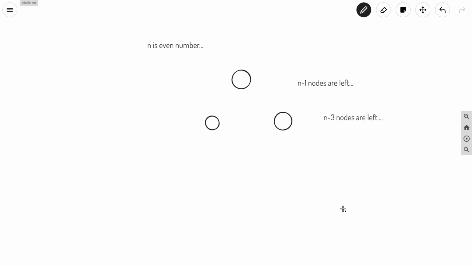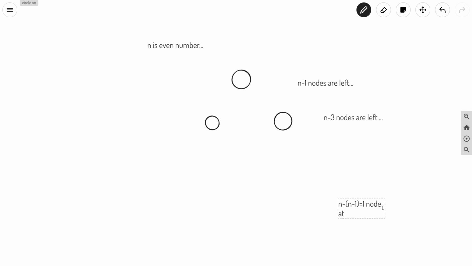The nodes left will be an odd number. For the first node n minus 1 is left, for the second node n minus 3 is left. So for the last level, the nodes left will be nothing but one node.